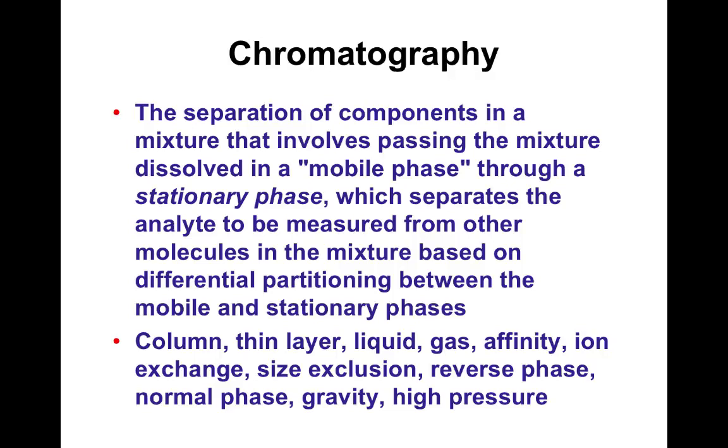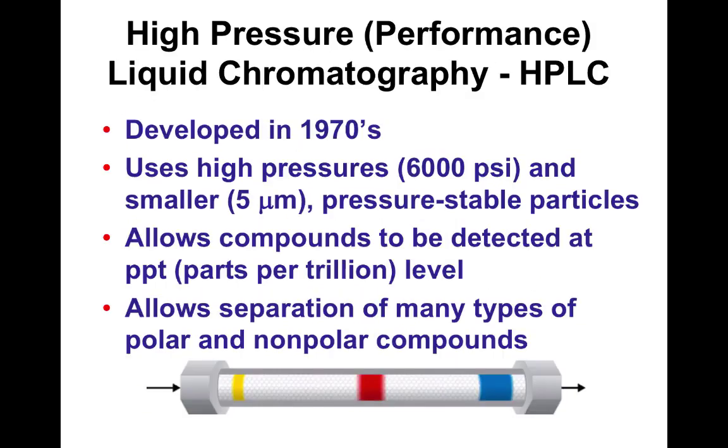You can do chromatography through columns. You can use it through thin layer plates. There can be liquid chromatography, gas chromatography, ion exchange, size exclusion, reverse phase, HILIC, gravity, pressure, high pressure, ultra high pressure. Today, most of the separation done for small molecules is done through high pressure liquid chromatography, also called high performance liquid chromatography. It's been around for more than 40 years. Typically, the pressure is around 5,000 to 6,000 pounds per square inch, and they use very small, about 5 micron,